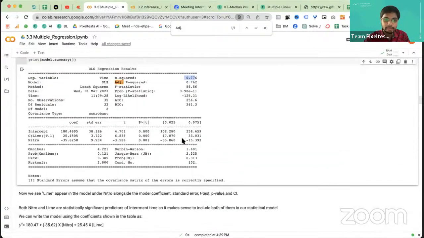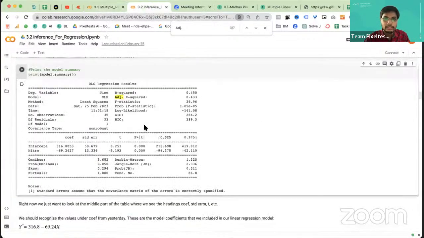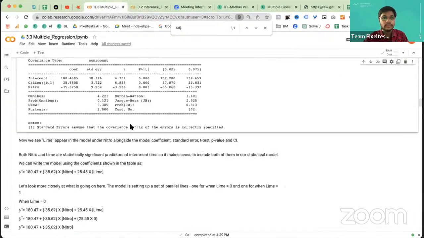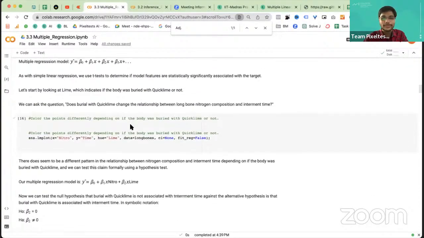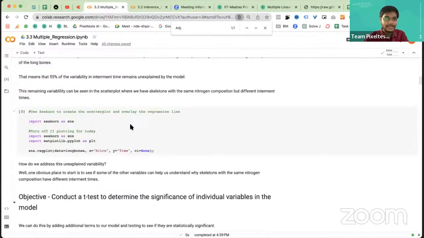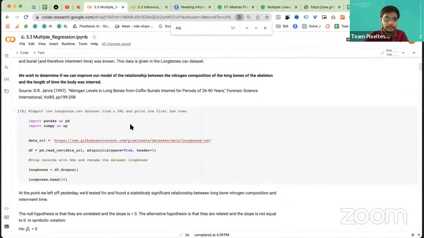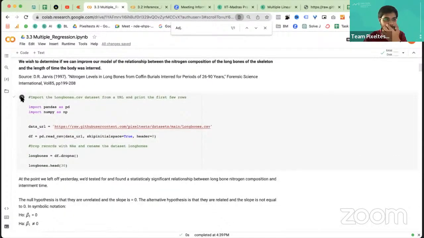Let's say, where are we? Yeah, so let's say this is our data set. Okay, I cleared outputs now, so I'm sorry. I'm going to run from here. So now if you see this data set,